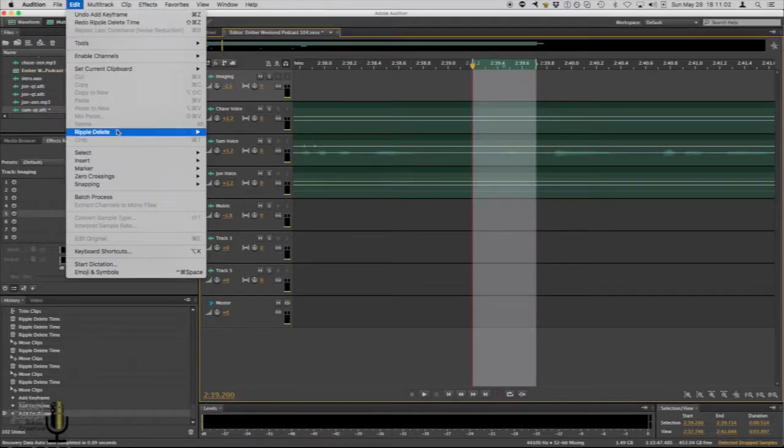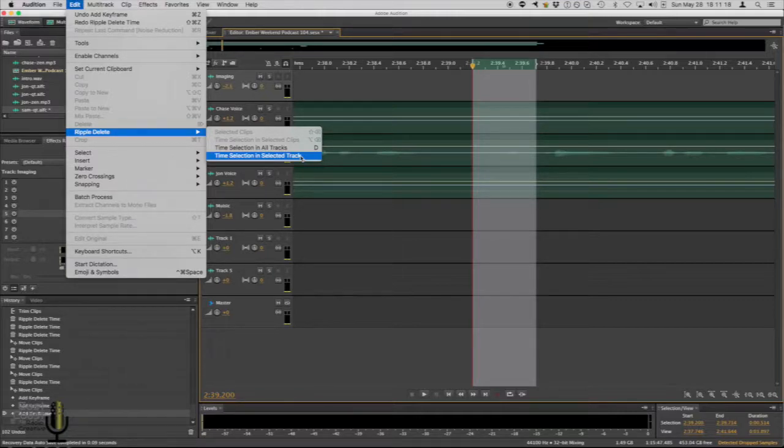Now, you can see this more in detail if you go to Edit, Ripple Delete. You have a number of options here. Now, the one I have set up for my D key that I use is your time selection in all tracks. So it doesn't matter what track is selected, as long as you have some time selected, it will cut everything. Okay, now you can see on a per track basis, you can adjust how it works,